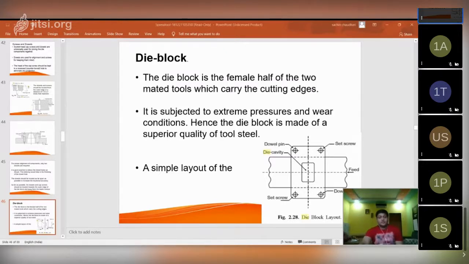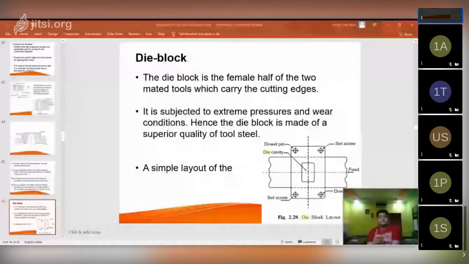Sometimes it also depends upon the type of your blank contour. The blank contour is an important factor while considering the die block. Blank contour means whether your blank is circular or rectangular.